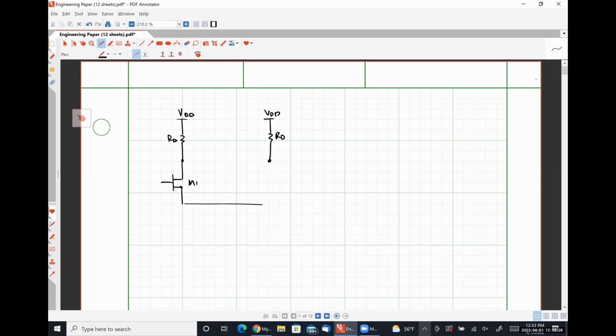Here's RD. Here is M2. And down here is our tail current, ISS. Okay, so if we apply 1/2 VIDM here and negative 1/2